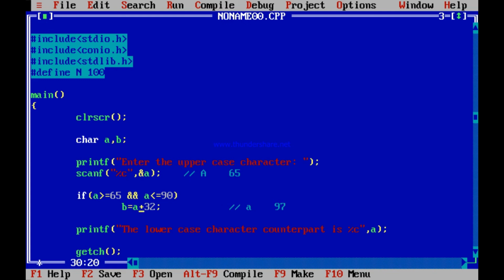If it is between 65 and 90, you want to change it to between 97 and 122. So small b equals small a plus 32.